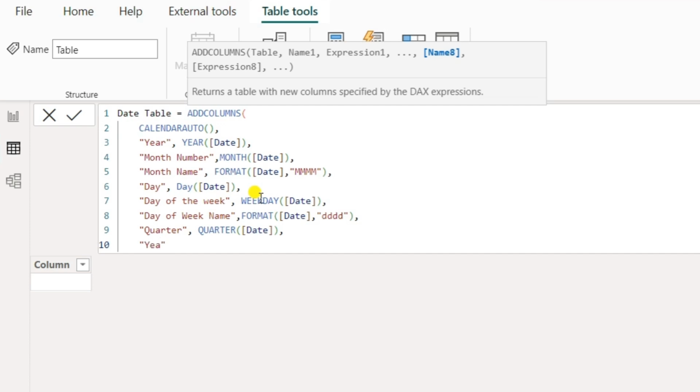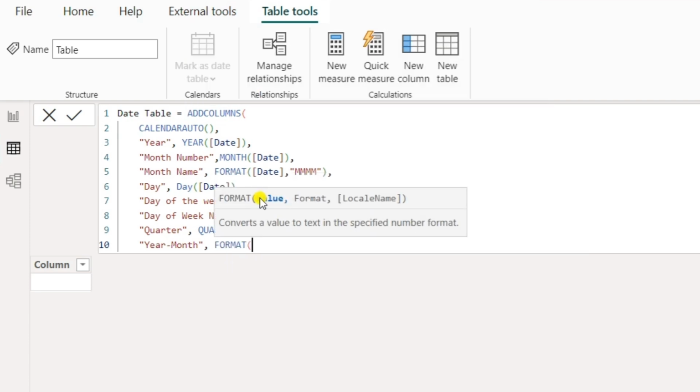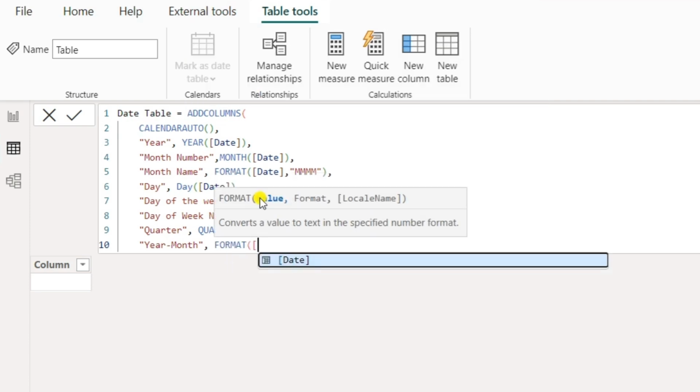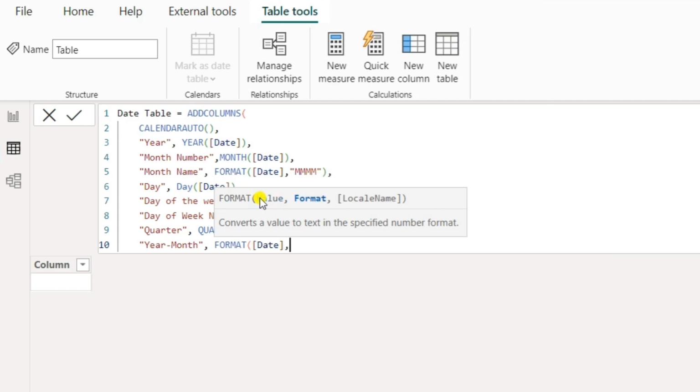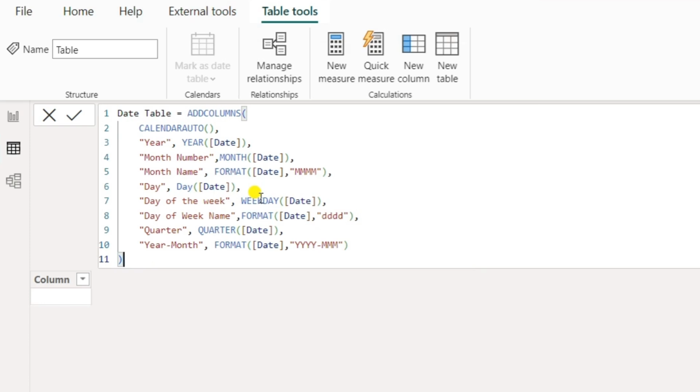Here I am concatenating the year and month, so for this also I need to use the FORMAT function. In that I have to pass the date column, and I'm extracting the year in the format of YYYY and the short month name. Then we have to close the ADDCOLUMNS bracket